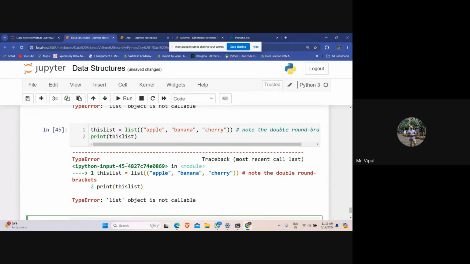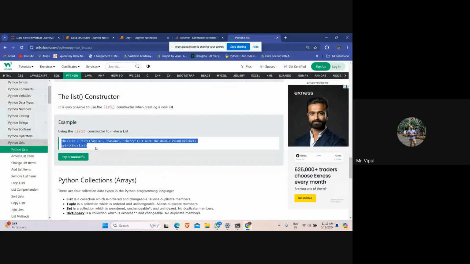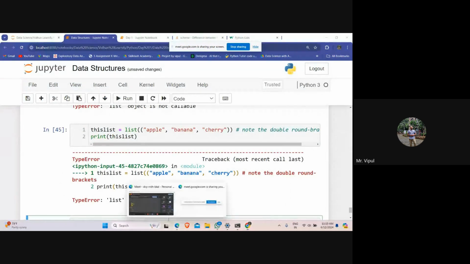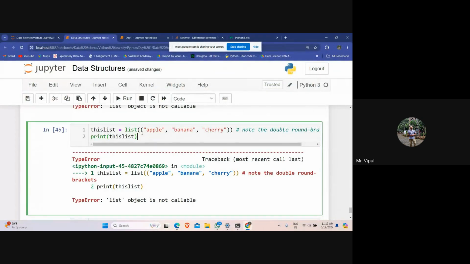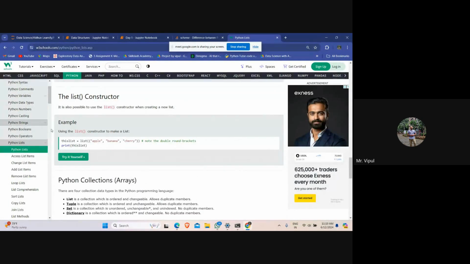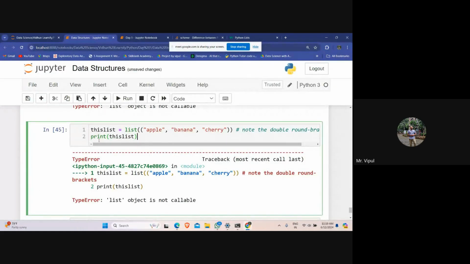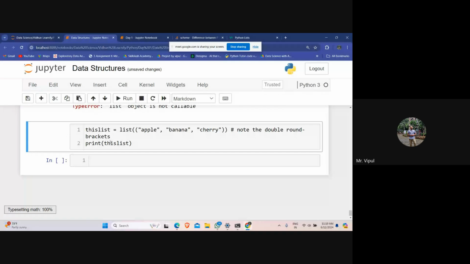Right now I'm not getting this, but this generally works. Just try it in your system and let me know if you're getting the error or not. I think nowadays they have removed this, because on this website itself they have given this constructor. All right, so this is what we had earlier, I think.